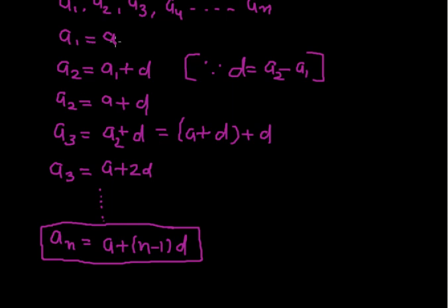We took A1 as A, the first term. Now A2 is equal to A1 plus D. A1 is equal to A, that means in place of A1 I put A here, then A2 would be A plus D. See the expressions of A2 and A3. In the expression of A2 we have A, in the expression of A3 again we have A. That means in each expression the first number would be A. So in the nth term also I kept it as A.